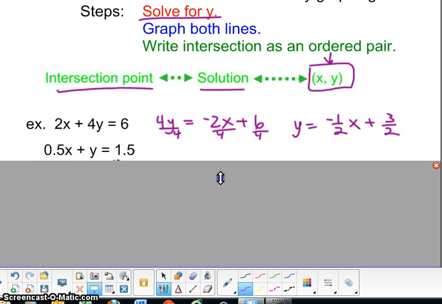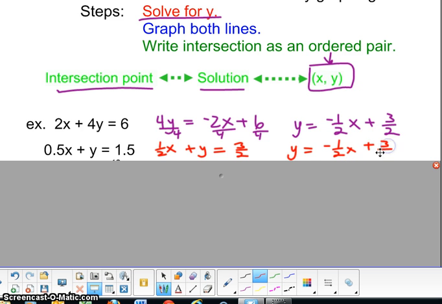Okay, now let's do the next one. This is a system because there are two variables that we have to solve for. And the next one, 0.5 is just another way to say 1/2, x plus y equals 1.5, and 1.5 is just another way to say 3/2. And if I move the x over just to get it into slope-intercept form,